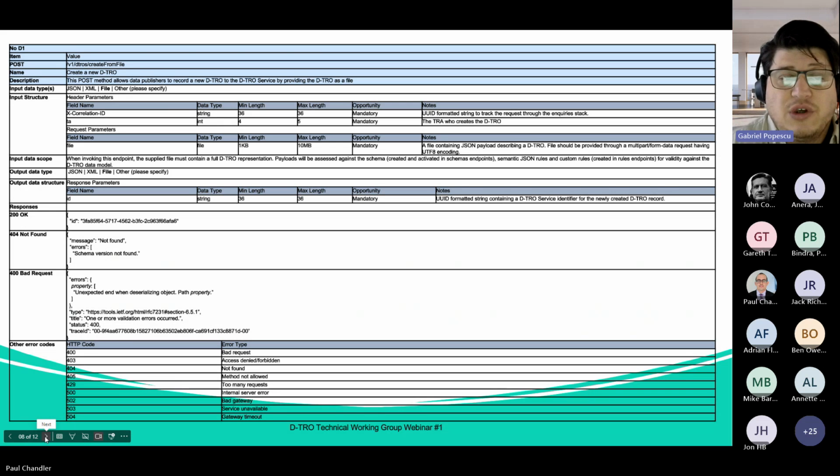It says that you can provide either JSON or XML or file or other that we're going to specify. But here in this case, we have file in bold, which means it has to be a file. It has to be a specific file, and that's the input data type accepted into this endpoint. Then the structure is very straightforward. Every